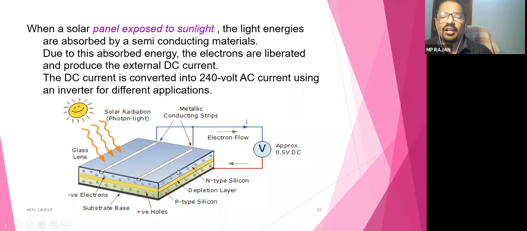Okay, so this is just like a photodiode, you can say. Only one difference: in a photodiode there is reverse biasing, here there is no need for biasing. There is no biasing. Nothing is given. We are not given any potential. We are using the solar light to generate the voltage, to generate the power.